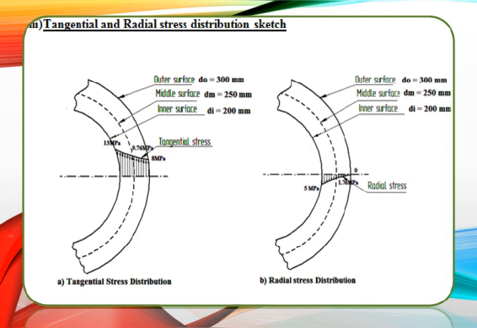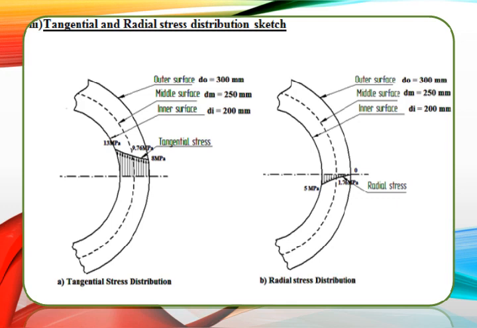The values are 13 Newton per mm square or 13 megapascal, 9.76 megapascal and 8 megapascal at inner, middle and outer surface respectively, which I have plotted by considering the horizontal reference as 0. Above that line all the values are positive and below the line all values are negative. By considering that, I drew a curve. Here the curve is supposed to be parabolic since it is a curved member.